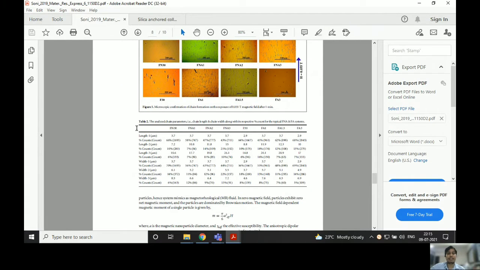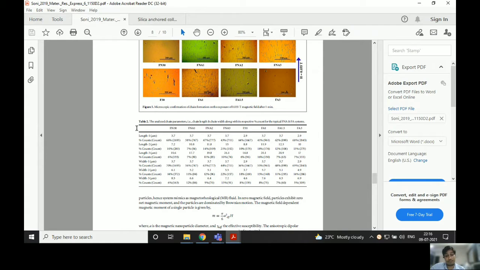Then go with the table. The next thing is to see the table. From the table you will be able to see what the output of your results is, because usually people showcase their highlighted results in the table. So it will be useful for us to see the table directly. After reaching here, if you are again able to understand all those things,